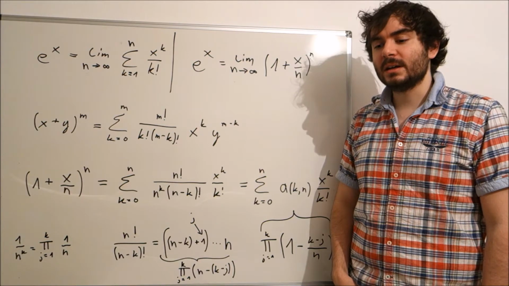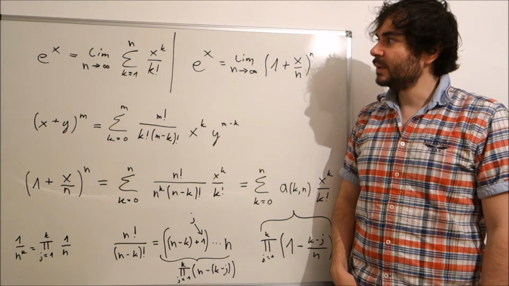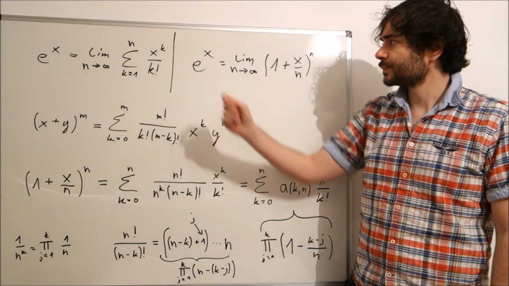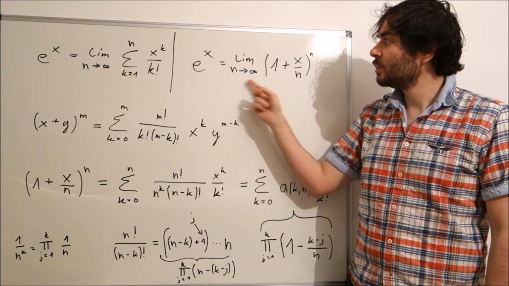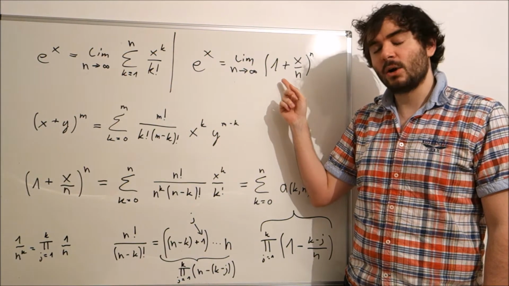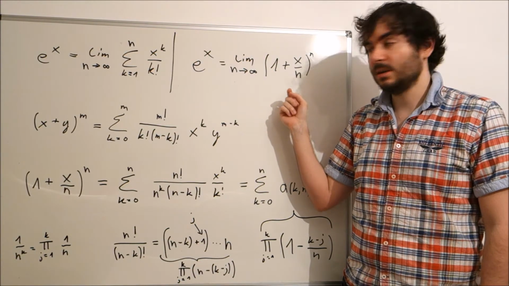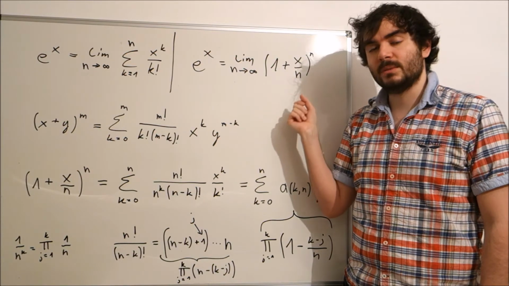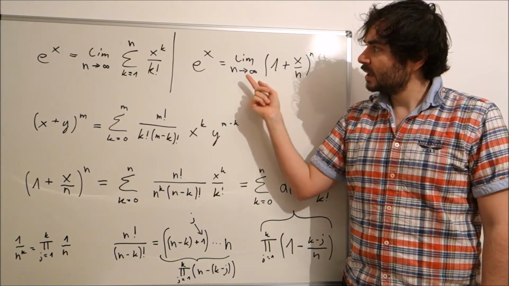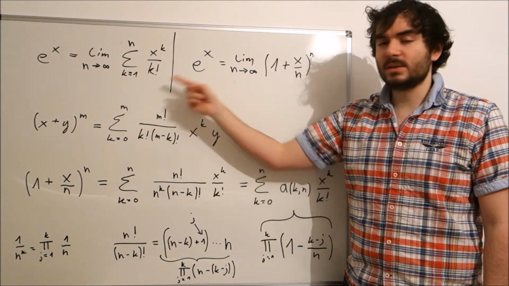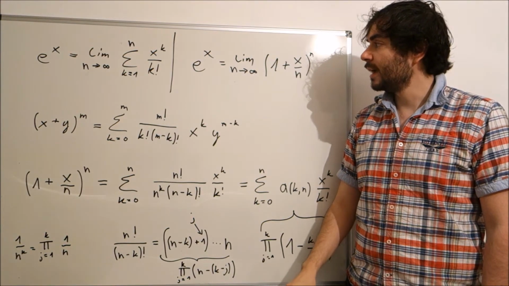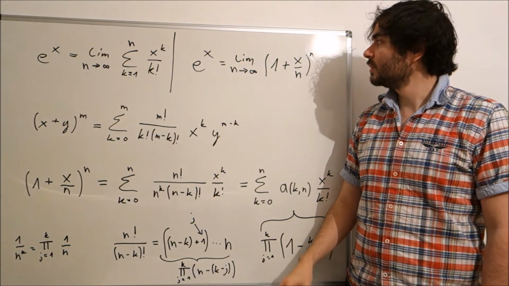Namely, we cover the difference between the representation of the exponential function as a series and with this compound definition, where you get the exponential function as the limit of a certain product, right? Because you might know these are two ways of defining the exponential function, and at one point, I was thinking,